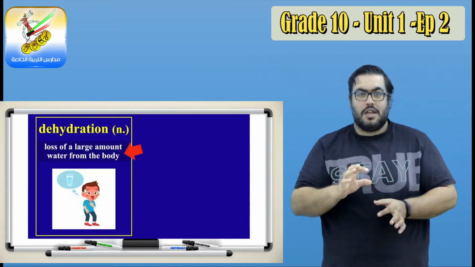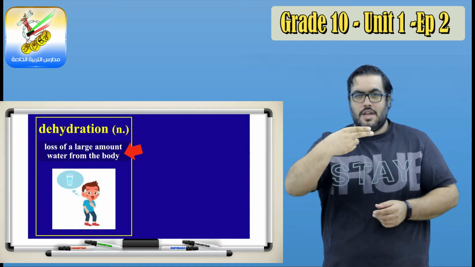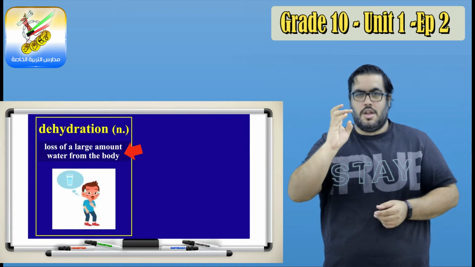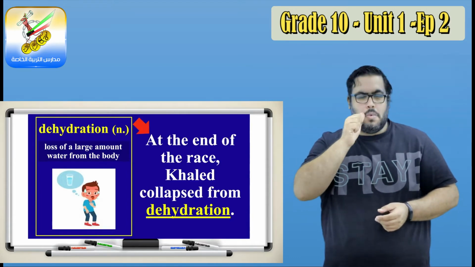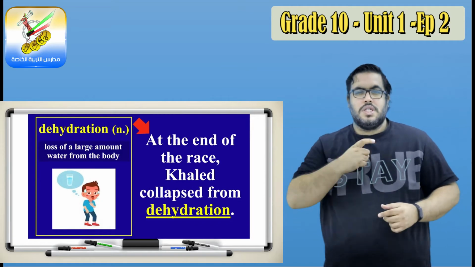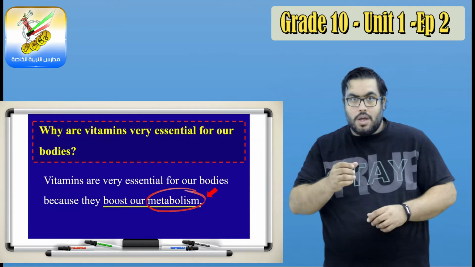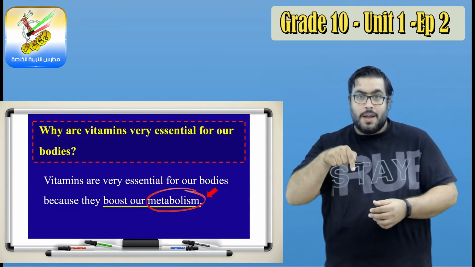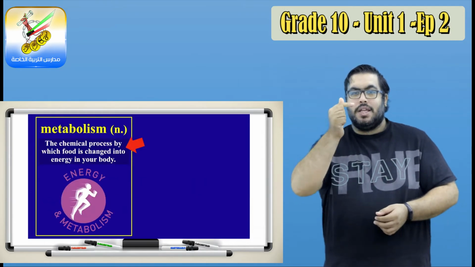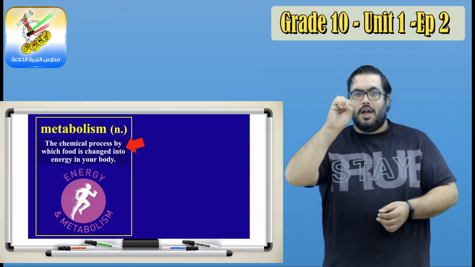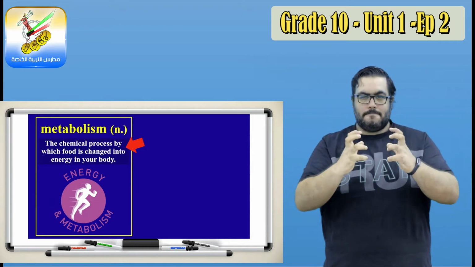Dehydration is a noun, and it means a loss of large amounts of water from the body. For example, at the end of the race, Khalid collapsed from dehydration. The other vocabulary item is metabolism. Metabolism is a noun, and it means the chemical process by which food is changed into energy